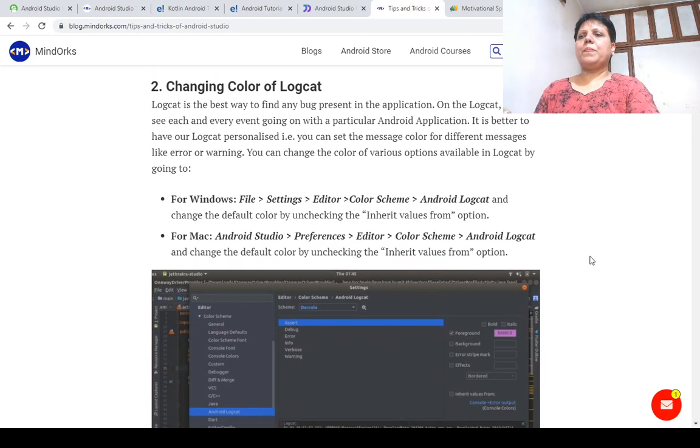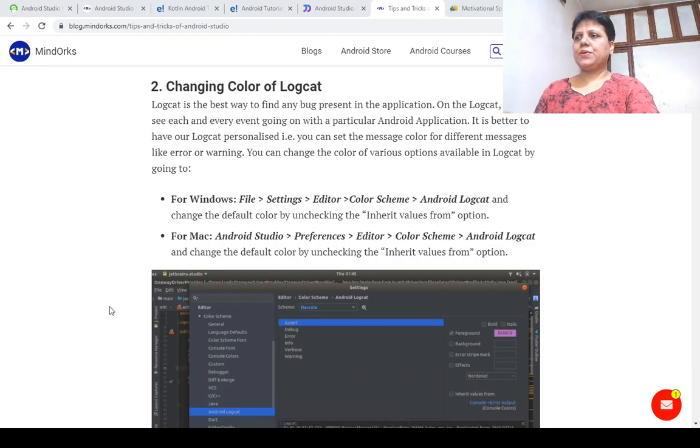Next, changing the color of Logcat. Logcat is the best way to find any bug present in the application. This is the area which displays all the compilation messages.